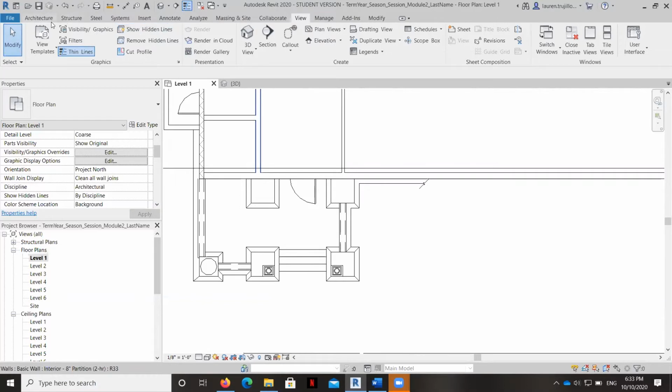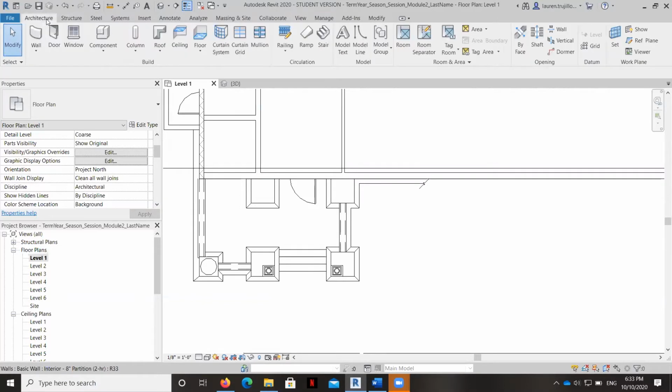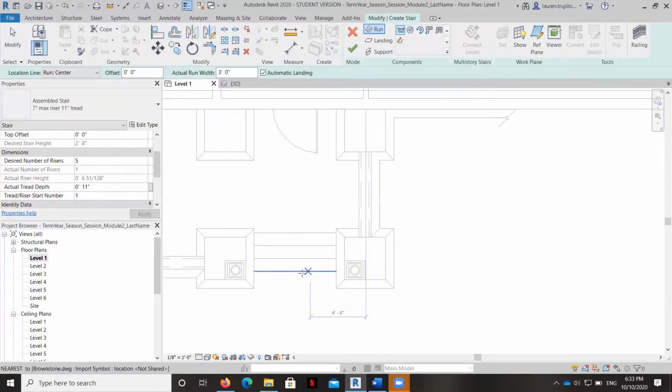But for now, we're going to construct the stairs themselves, and we're going to go to the architecture tab and then under the circulation section for stairs. And we're going to just click in the middle here. It's going to pop up the midpoint. So we're going to do a single click to start the stairs and then drag in the up direction and then click on the midpoint here. Now you can see that the stairs themselves are coming in at a standard 3-foot width, and there's an arrow that shows the direction up.